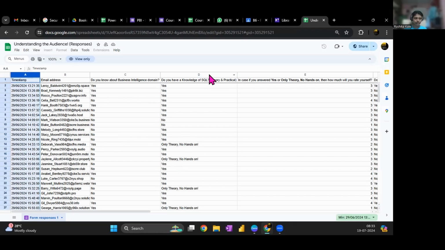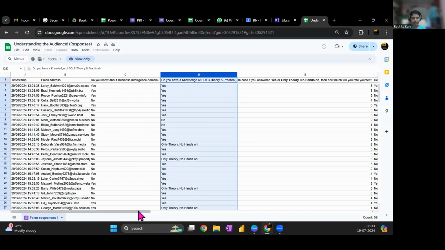But what we are understanding right now is we have almost 57, 58 rows in this particular Excel sheet, and I want to understand my audience with this data. So to understand them, if I plan to analyze this Excel file for 58 rows, it is very time consuming. I will get confused after a certain time, or I will just get bored and close this instead of understanding anything.